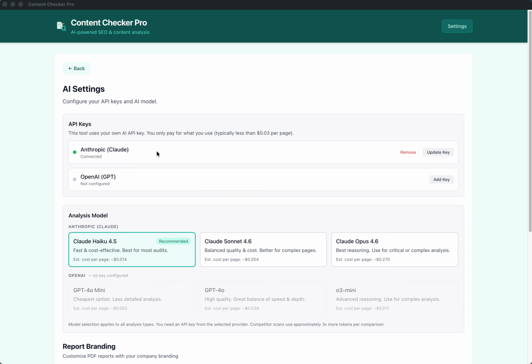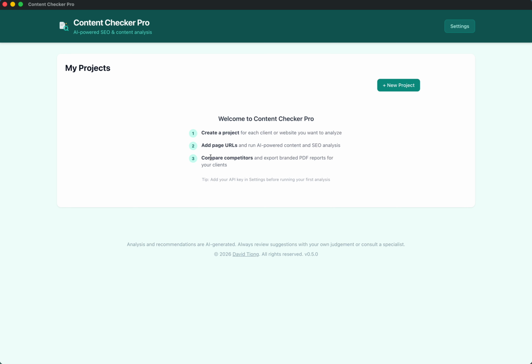Okay, so continue. I've added my key. You can see I've added a Claude key, and I'm going to leave it just for the Haiku 4.5, which is one of the cheaper options and works quite well for audits. Going back to the main page, what I'm going to do now is go ahead and show you the steps